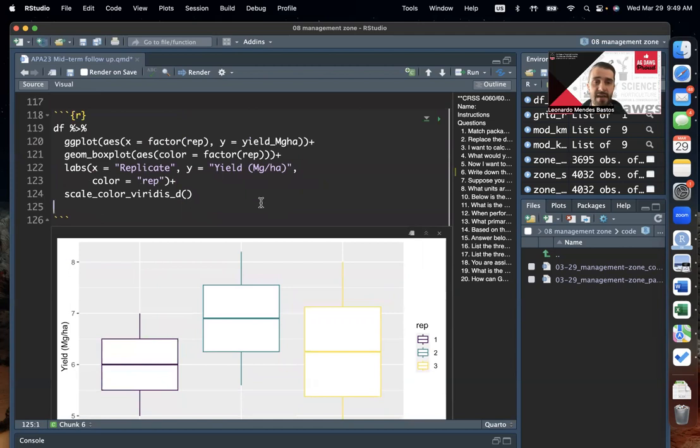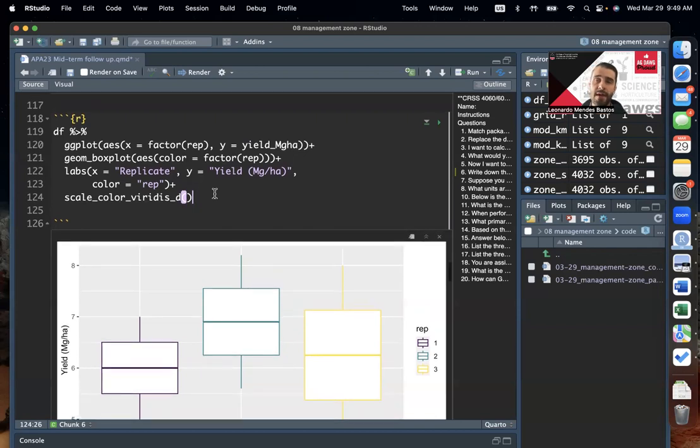Okay, so this is the extent I wanted to explore today for the midterm follow-up. One of my hopes is that if you have the chance to actually code, you can type whatever you think is the answer and run it. And if it doesn't work, then you can try to see what's going on and maybe learn from that, right? So, trial and error,